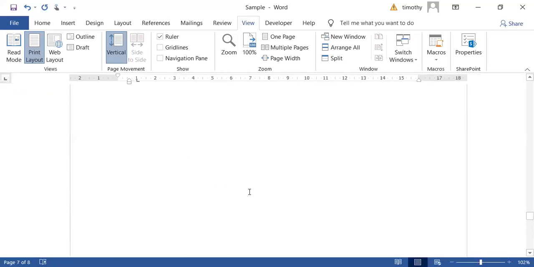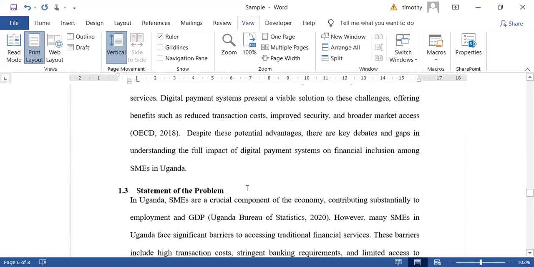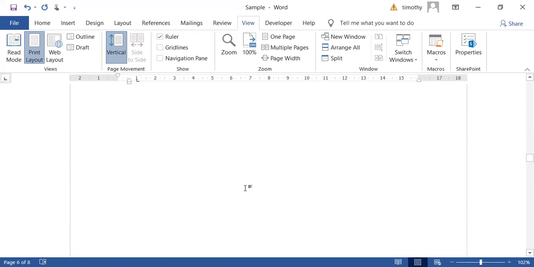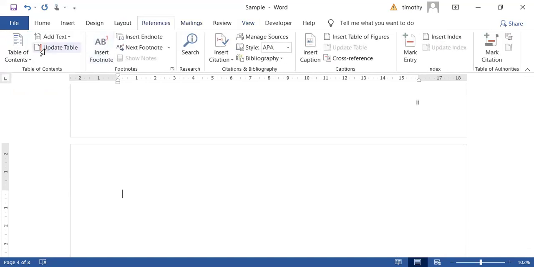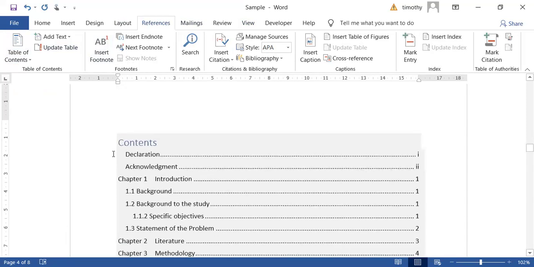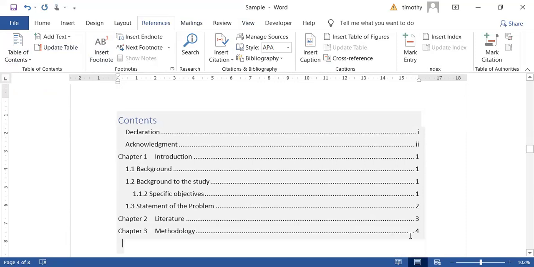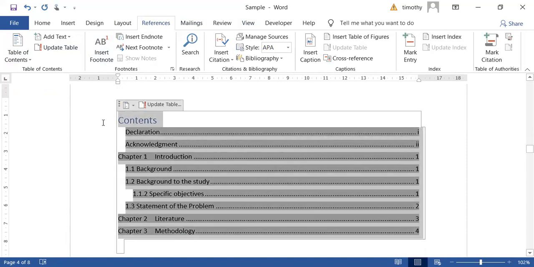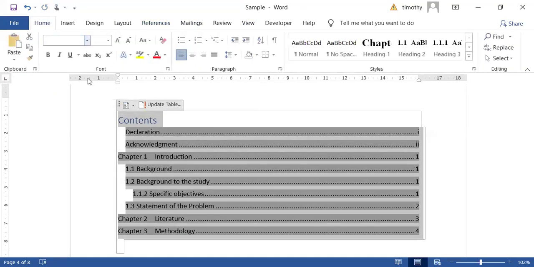Now, the final thing we're going to do is to represent all our sections in the table of contents. So what I will do is I'll go to that blank page that I had left, click over there, I go to references, then add a table of contents, and it's representing all my elements the way I want them to appear. So if this table of contents is not appearing,